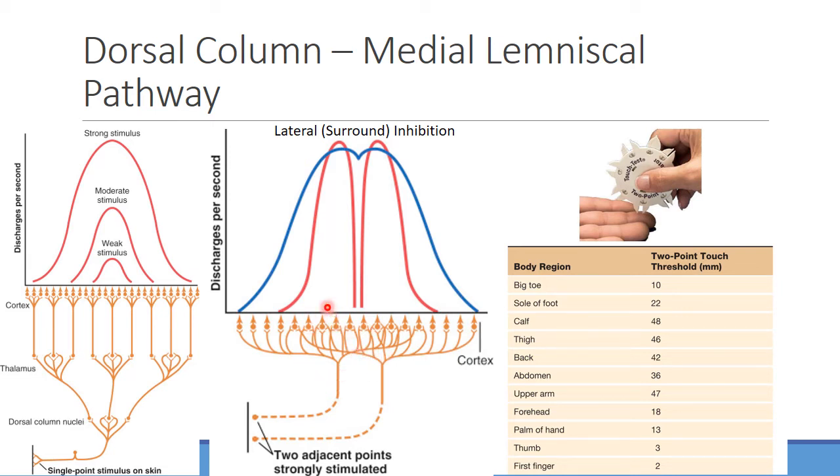What you end up finding is that at the actual points here, there's going to be some lateral inhibition, and that helps your brain determine, okay, I'm hearing all this activation here, and it's going to start to cause some lateral inhibition to the sides where I can actually shut down some of that input. So in the fingers, when I have a lot more nerve endings, I'm able to differentiate two points that are very close together, versus somewhere they have a lot fewer nerve endings. If you get too close together, they just blend together,